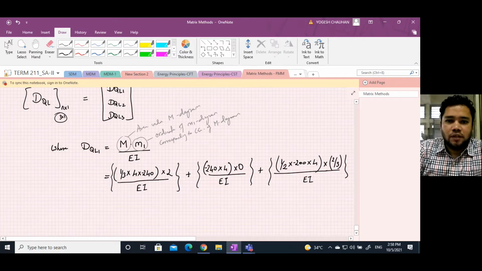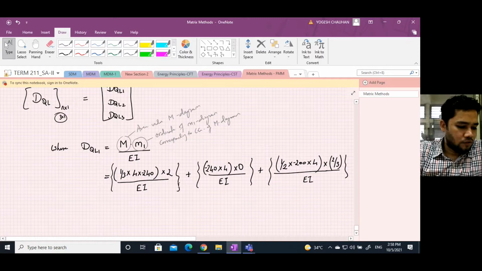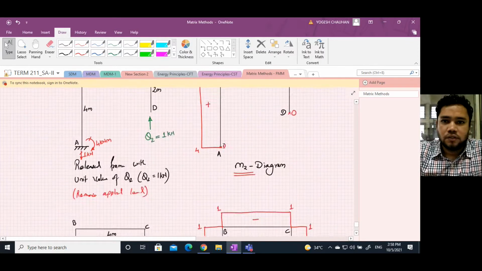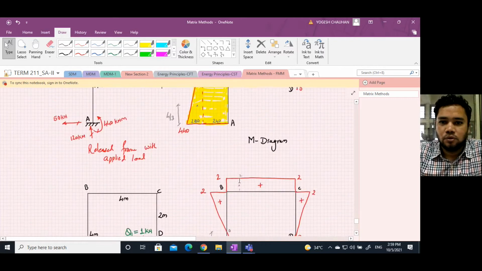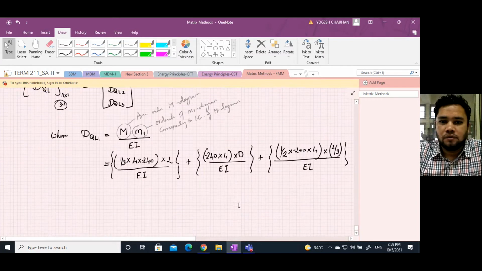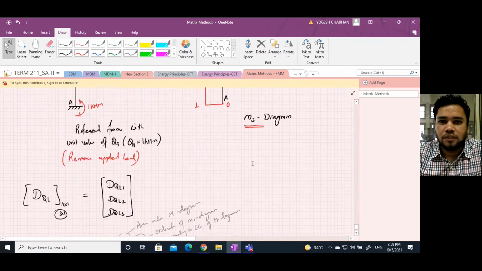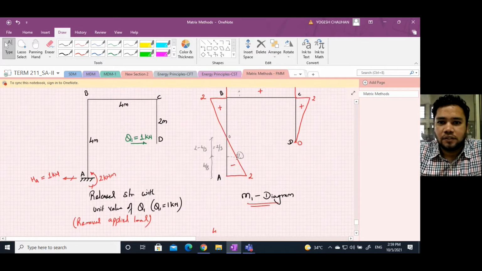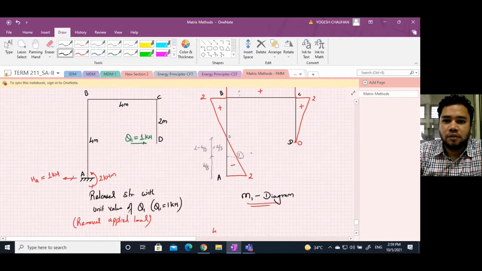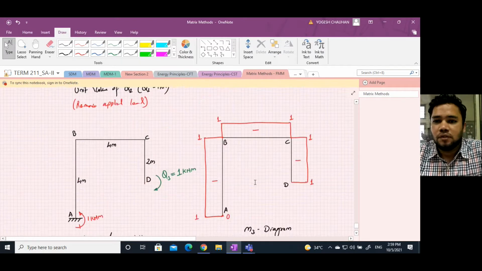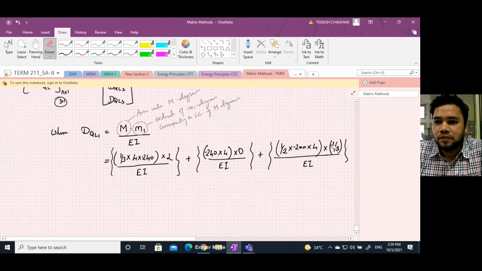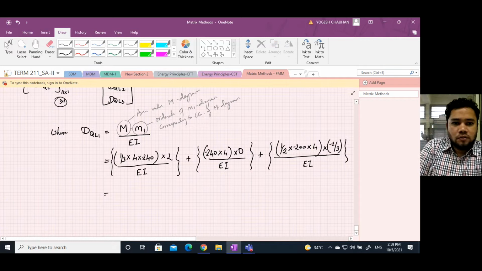And this ordinate is plus 2, so it will be plus 2 only, but this ordinate, that is 2 by 3, is minus 2 by 3. The ordinate here will be minus 2 by 3. So you multiply here with minus 2 by 3. So this total will be,